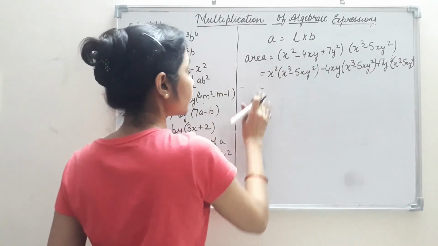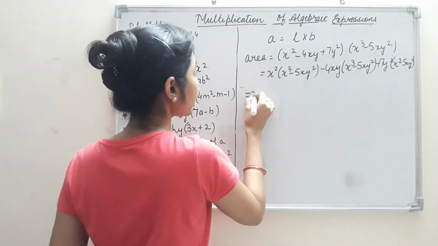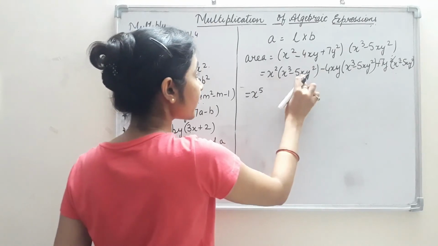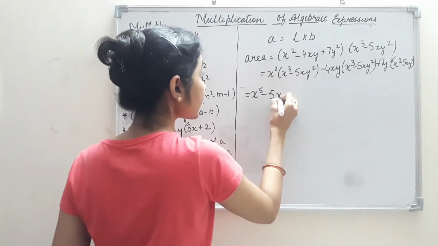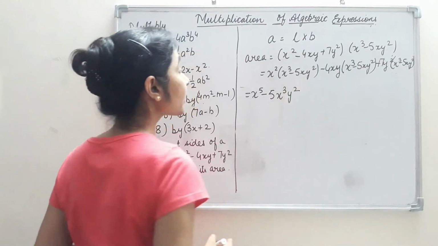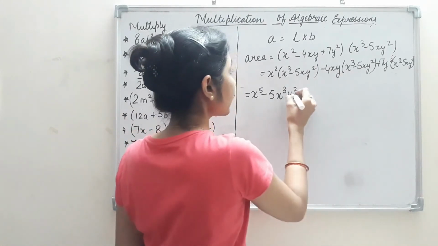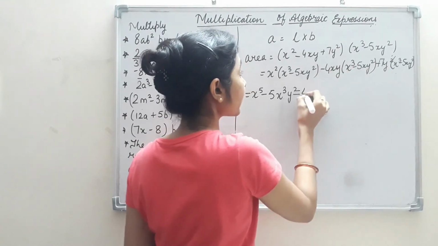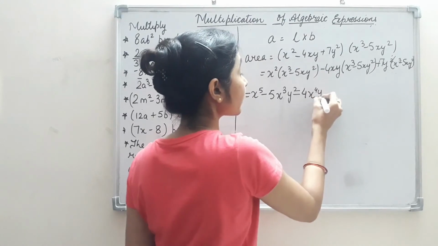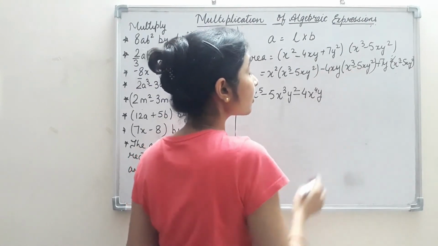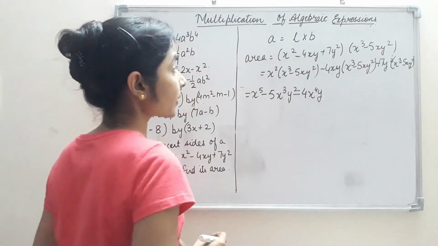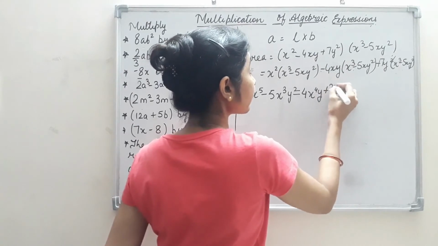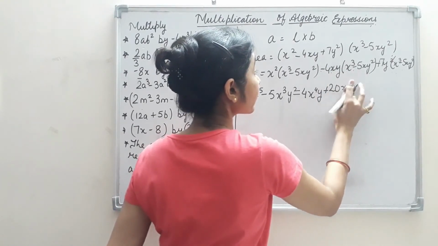Okay, so here what do we get? x square into x cube, I get x raised to the power 5. x square into 5xy square. Now this square and x has power 1 here. So minus x cube y square. Okay, now negative, positive, again negative here. x is having power 1 here and x cube here. So minus 4x raised to the power 4y. Minus 4xy into minus 5xy square. So 4 5s are 20, sign negative into negative, positive. 20x square y cube.